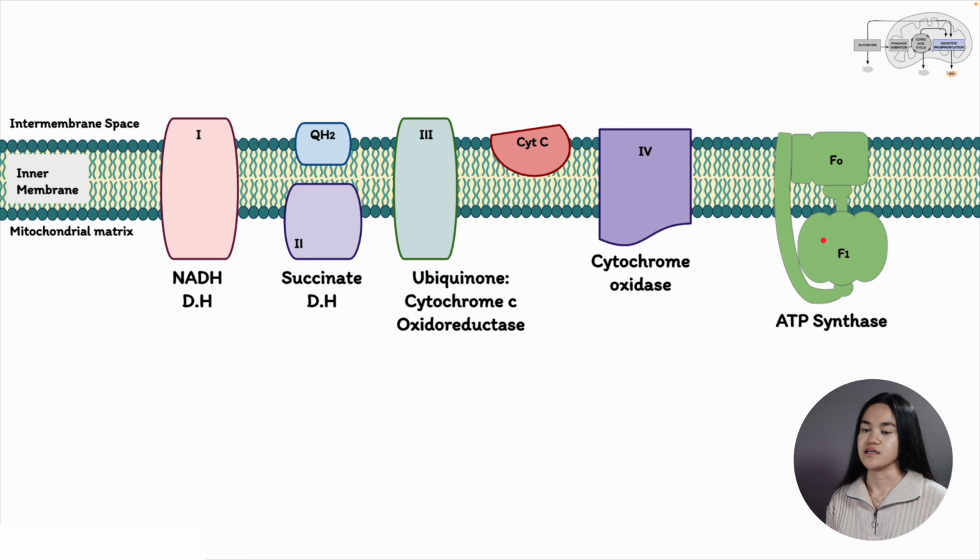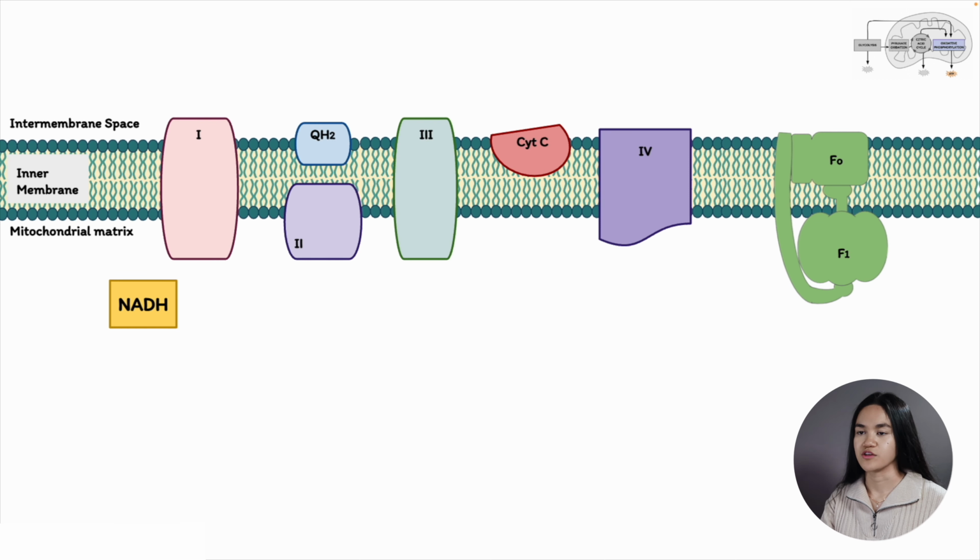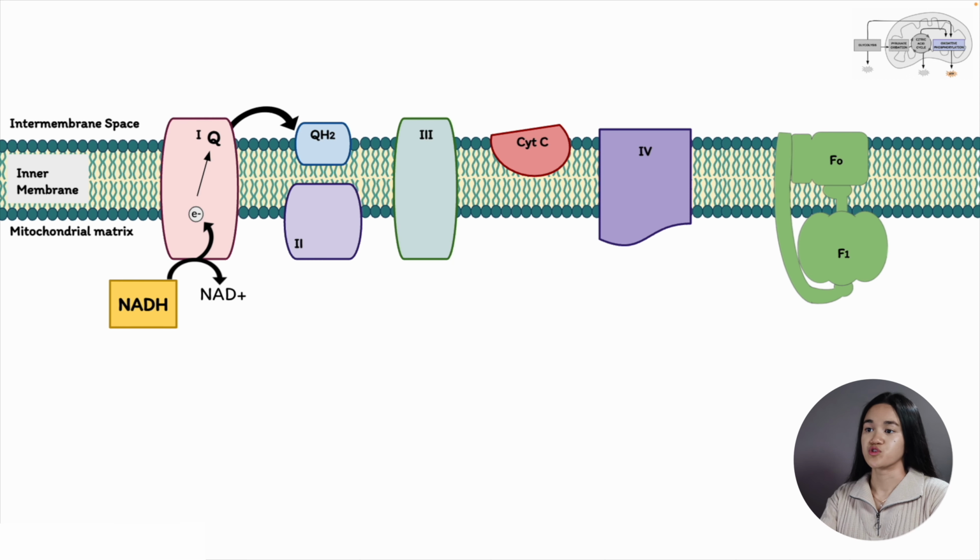Let's take a look at NADH first. What are we going to do with NADH? NADH transfers its electrons to complex 1 and forms NAD+. These electrons get passed on from one carrier to the next within complex 1 and then transfer to ubiquinone, or coenzyme Q. So coenzyme Q is reduced to QH2, or ubiquinol. Then QH2 will pass the electrons to complex 3. QH2 is mobile. It's diffused in the lipid bilayer, so it's going to carry these electrons to